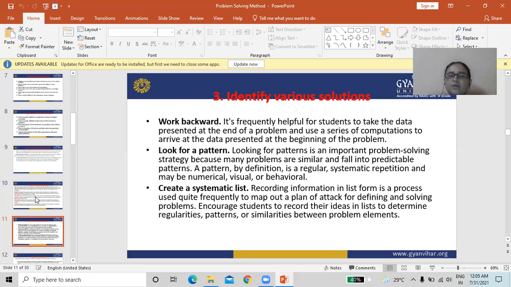A pattern, by identification, is a regular, systematic repetition and may be numerical, visual, or behavioral.